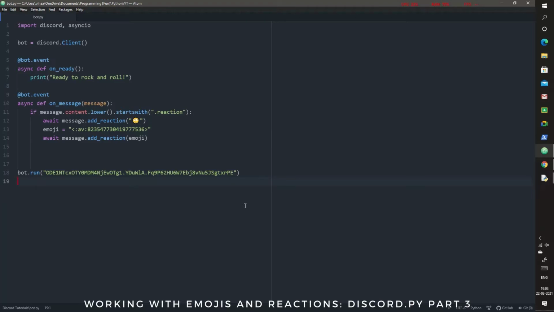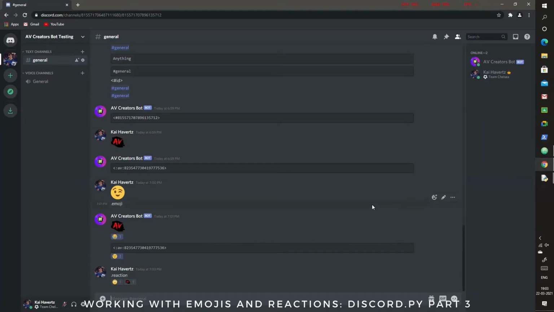You might say, why do we need emojis and reactions, and especially those custom ones? Think of it like this. Suppose you're building a bot which you want to get popular, or you have a nice idea. To give it a nice aesthetic appeal or a custom touch, you can include these emojis in whatever messages you send. Suppose there's a ban user message, you can put something like this but with a ban hammer, and it will make the user feel good, like the bot is sophisticated. It will look really good.